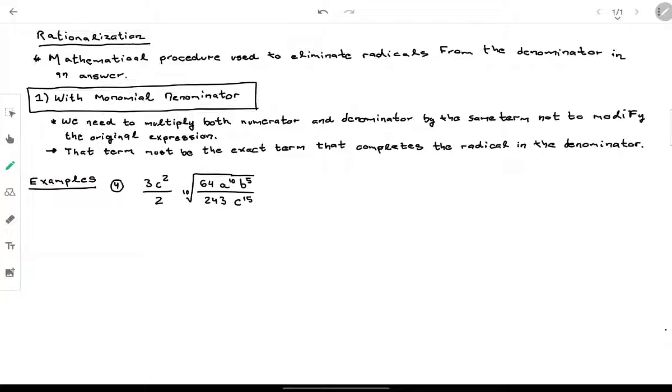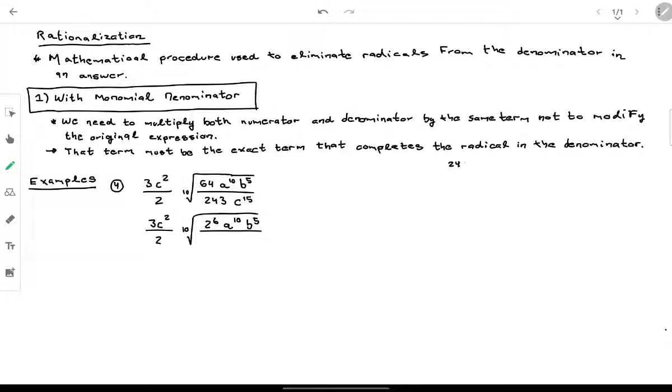So in this example, it's going to be something like this: 3c squared divided by 2, multiplying the 10th root of 64 a to the 10 b to the 5 divided by 243 c to the 15. So remember, we need to decompose the numbers that we have inside the root. In this case, it's going to be the 10th root. If we decompose the 64, it's going to be 2 to the 6, a to the 10, b to the 5, all of it divided by